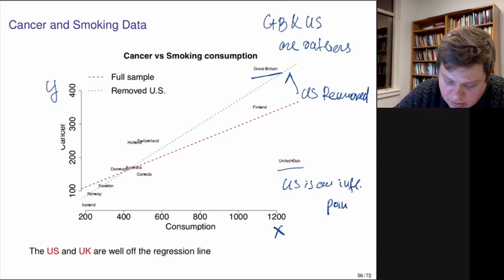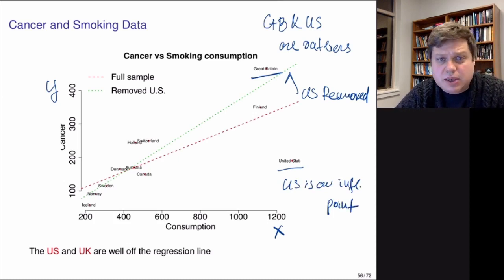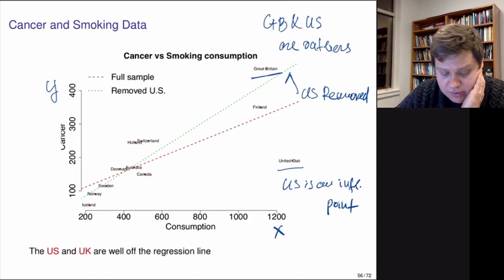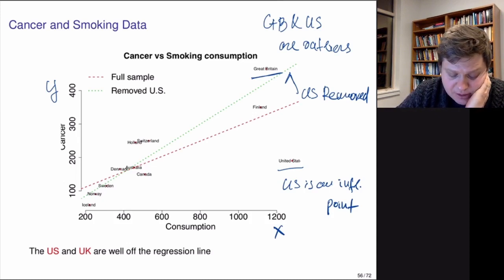Okay? So most of those conclusions can be made just by looking at the scatter plot. You don't really have to do any sophisticated diagnostics, and so we identified outliers and we identified the influential points,